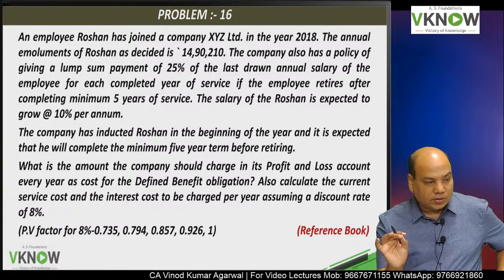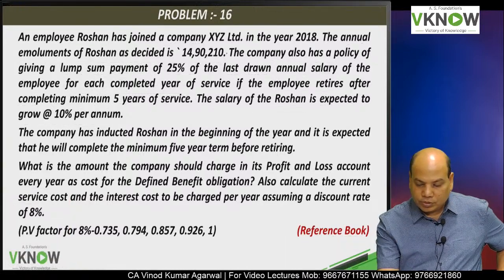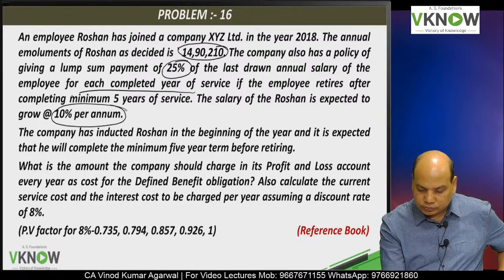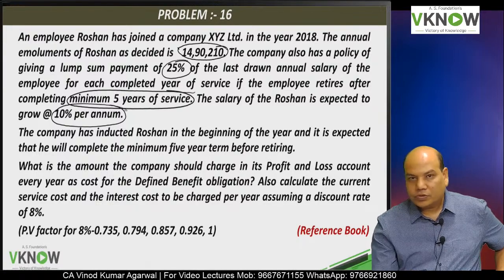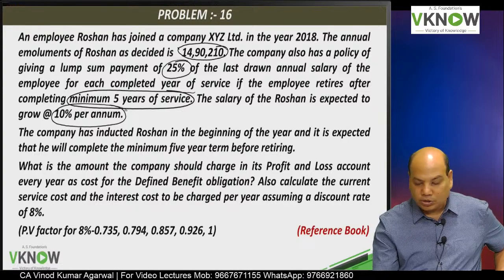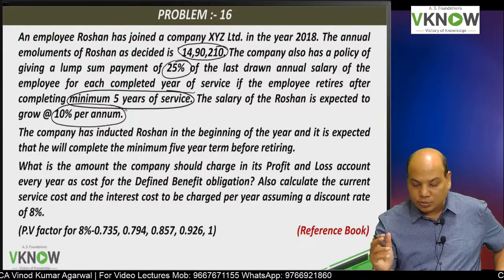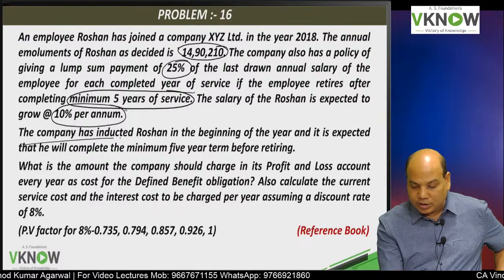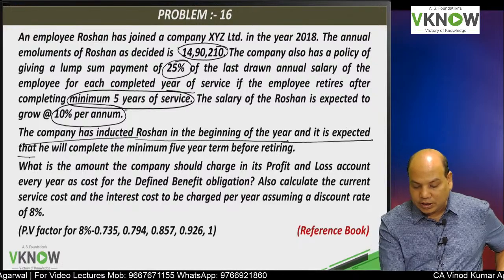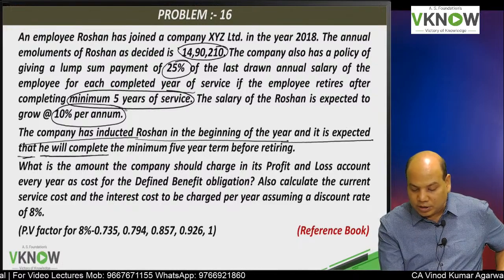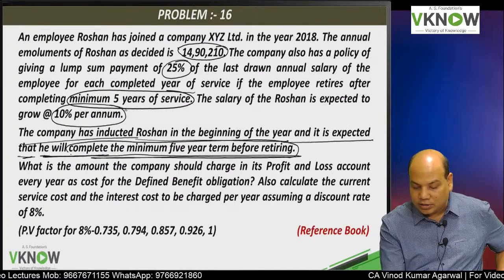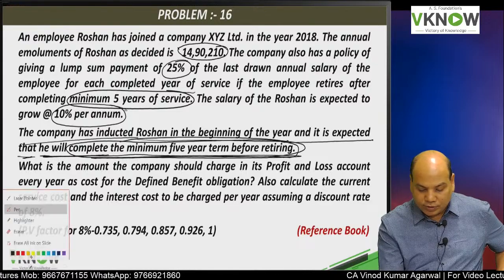So the problem is similar to the previous one, figures are different. Same problem, but figures are slightly different. But don't treat it lightly, because there is a small difference also. The company has inducted Roshan in the beginning of the year, and it is expected that he will complete the minimum 5-year term before retiring. Underline again, he will complete minimum 5-year term